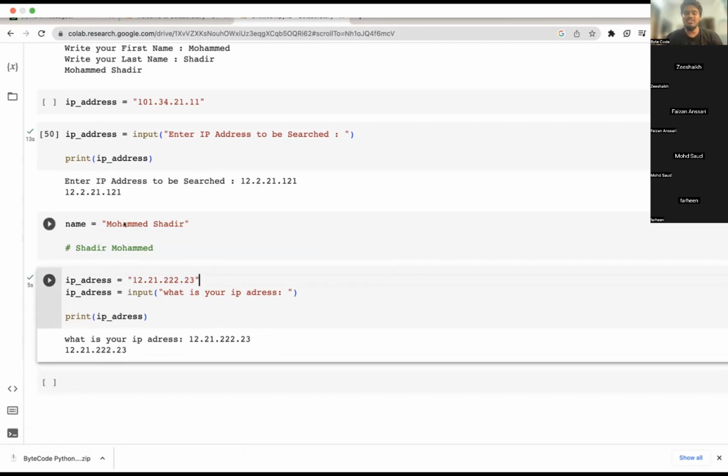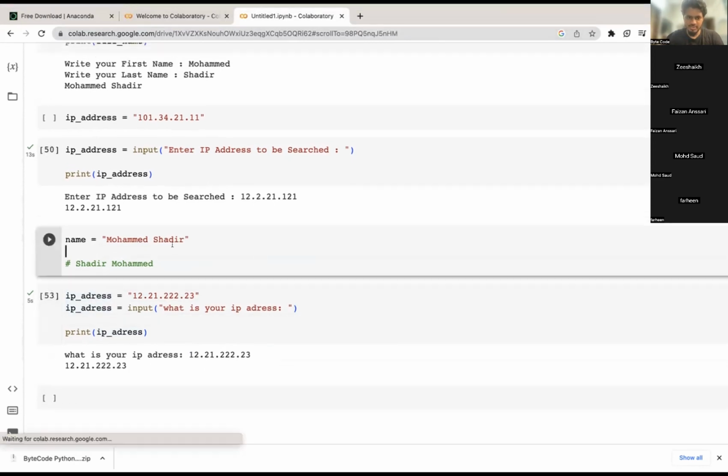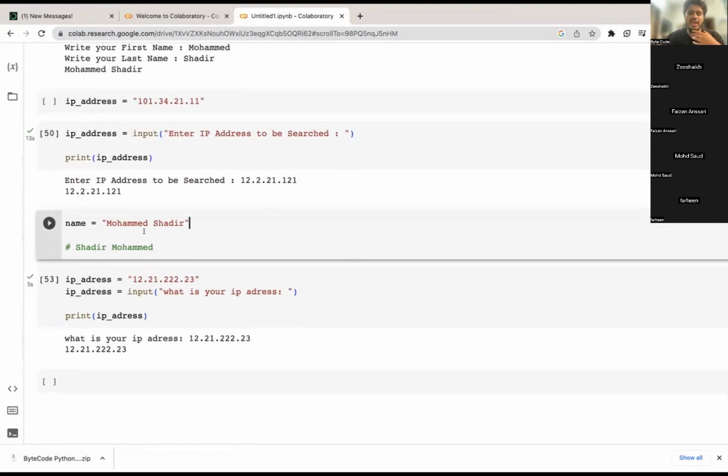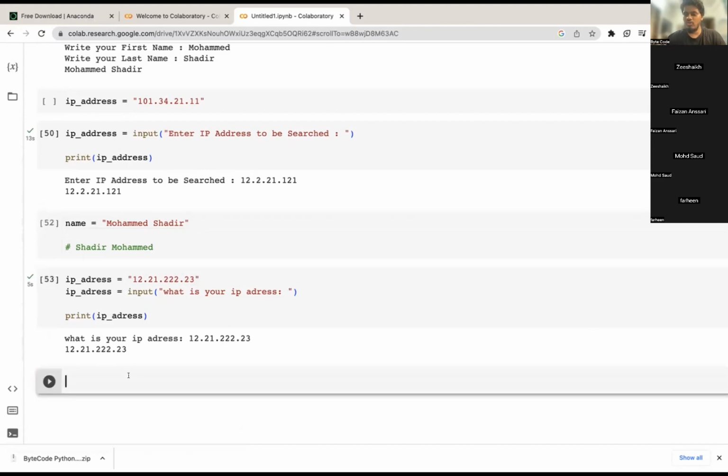So what I was saying is, let me keep this. Not for decimal, see. A decimal will only contain one point.